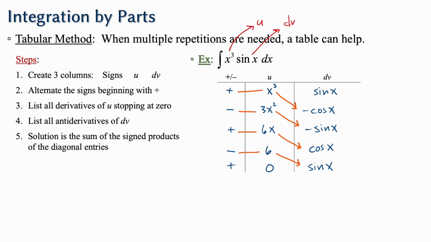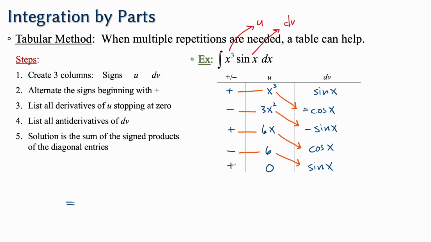Okay, so as you can see, we have some diagonals. The diagonals between u and dv. The signs kind of go with it. So I, in my mind, kind of put these two parts together, positive, negative, and so on, and then you go diagonally down and multiply. And then you just take all those terms and add them together. And don't forget, obviously, at the end, do a plus c, because this right here does produce the antiderivative overall of the product. So in this case, our answer is going to be